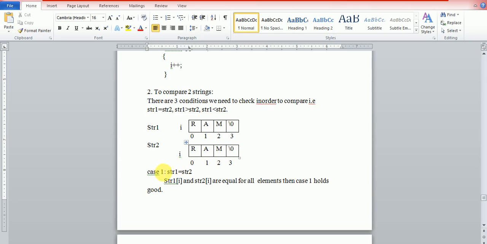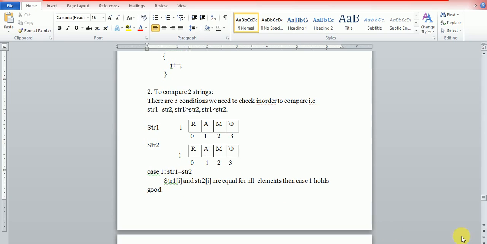In this case, string 1 is equal to string 2: when string 1 of I and string 2 of I are equal for all the elements, then case 1 holds good. So here Ram is equal to Ram, so string 1 is equal to string 2.